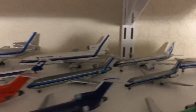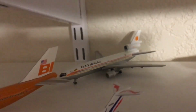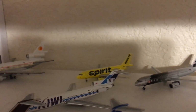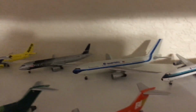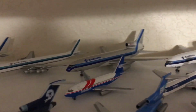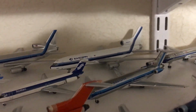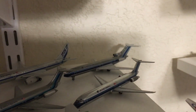All right, back here. No, let's do the back row. 747 SP Gemini jets, National DC-10 Gemini jets, Spirit A319 is the Era Velocity, Spirit A321 Aero Classics, Eastern A300 Dragon Wings, Eastern DC-8 Gemini jets, Eastern L1011 Silver is Dragon Wings, Eastern L1011 White Gemini jets, 752 Gemini jets,